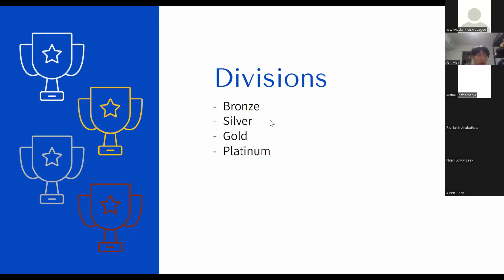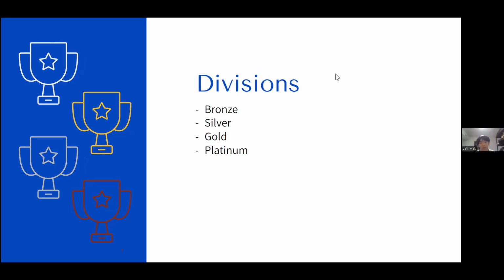In gold, you need dynamic programming and graph theory. Time always matters, but in bronze it doesn't. For platinum, you need to know segment trees, binary jumping, and a lot of more complicated topics.